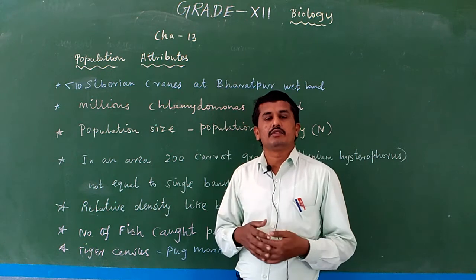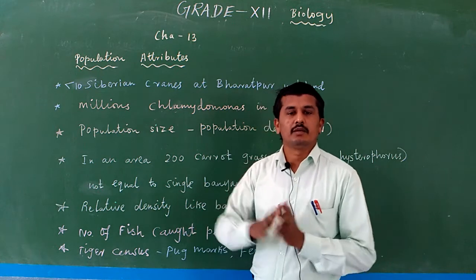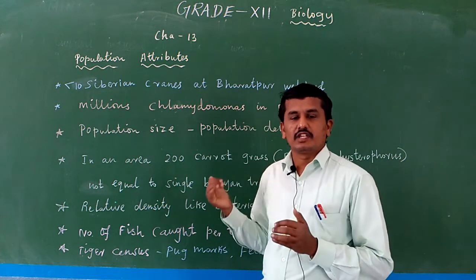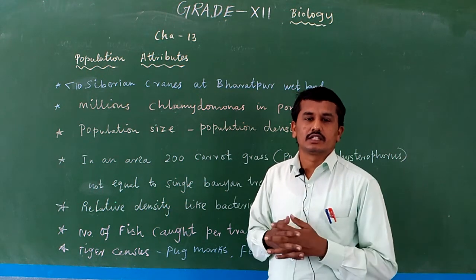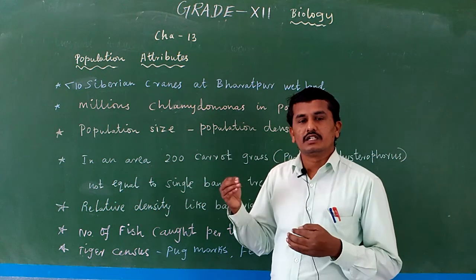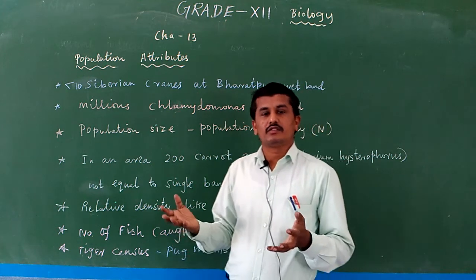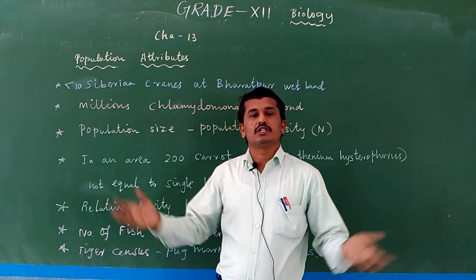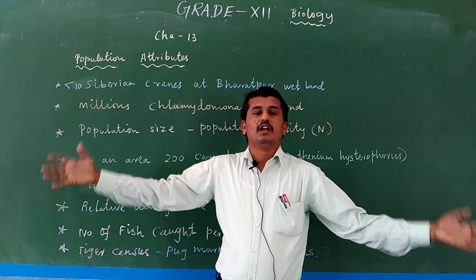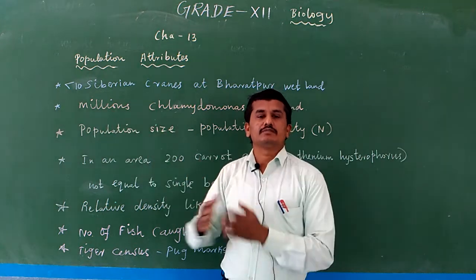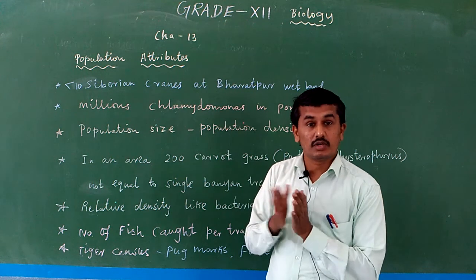For example, counting people in a human population, how many females and how many males in a particular district or area. But counting the number of carrot grass is difficult. It is 200 carrot grass, but counting banyan trees is easy, and 200 carrot grass is not equal to one single banyan tree, because a single banyan tree has a large canopy and large leafy vegetation. It is not comparable to the carrot grass population, even at 200.